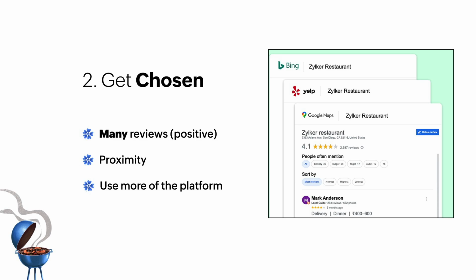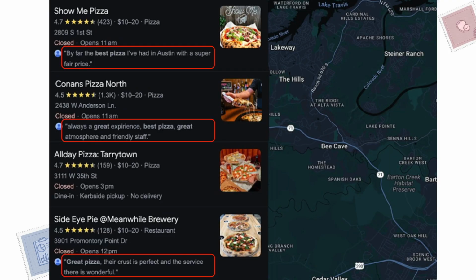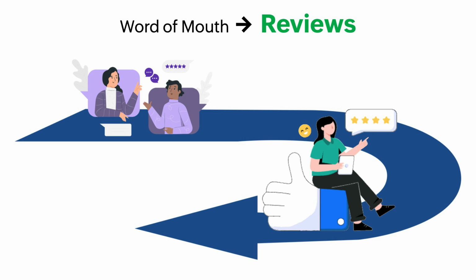Here is a small example. I slightly changed my keyword from pizza shop to best pizza shop near me. The entire search result changed. Do you know why? When your customers have a best or excellent experience, Google takes this into account in the search engine ranking page, the SERP. So you have to make sure that you give a similar response, like, thanks for mentioning us as a great restaurant in Houston. So you have to manage that. Do you see the shift?